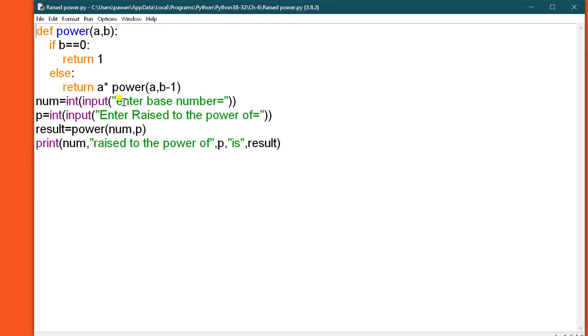In this code you have to ask the user for the number, then the power. The num variable will ask for the base number and the p variable will ask for the power.